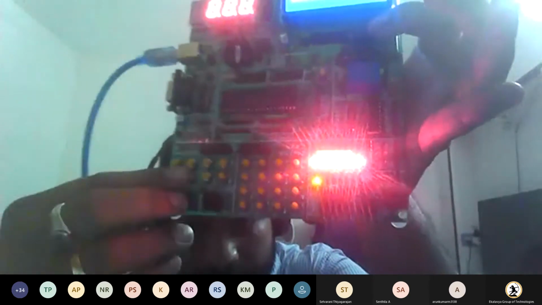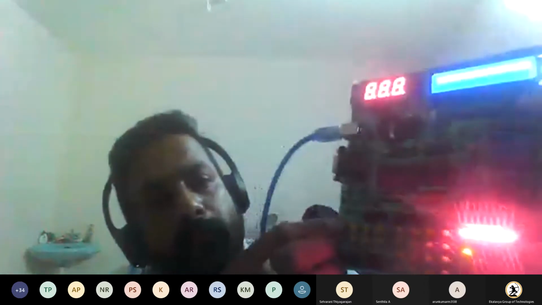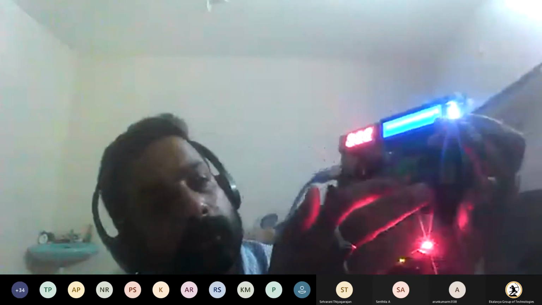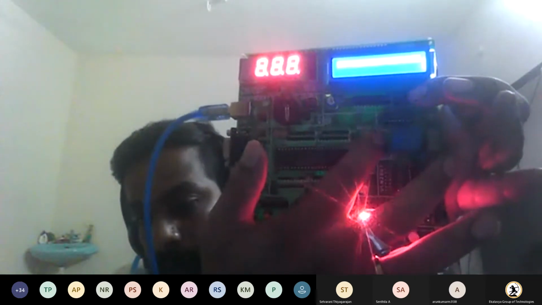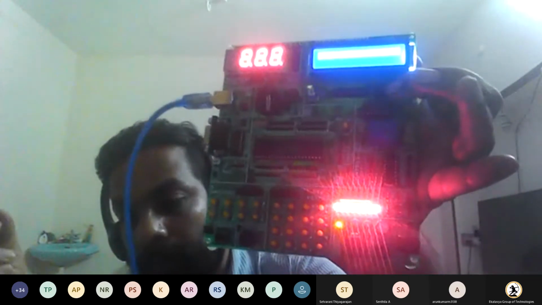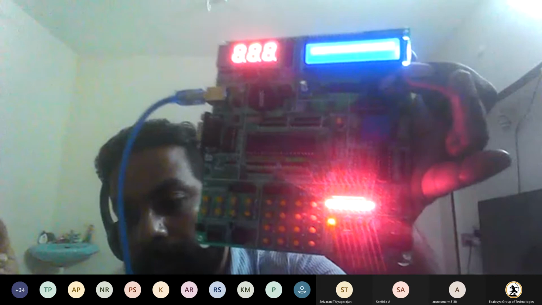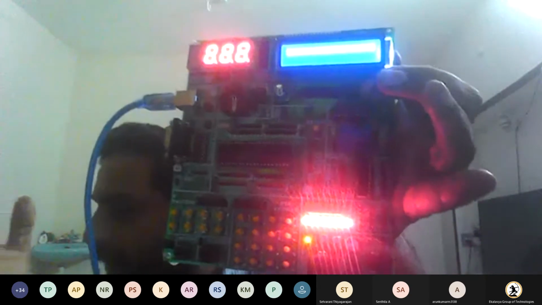Here you can see one light will glow if I press the switch. The meaning of that is the relay is on.